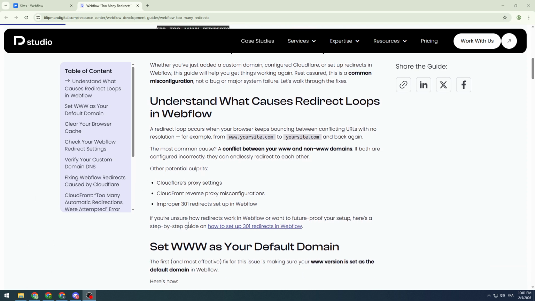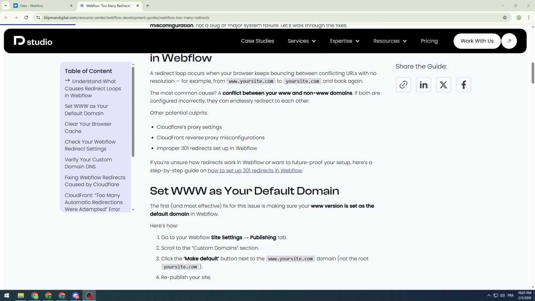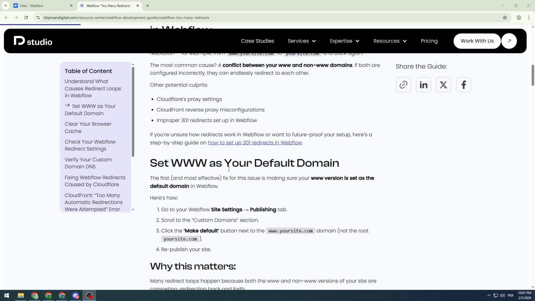So the main solution is to fix your DNS connection. Basically, all you have to do is set your www as your default domain. The first and most effective way is to fix the issue by making the www version set as the